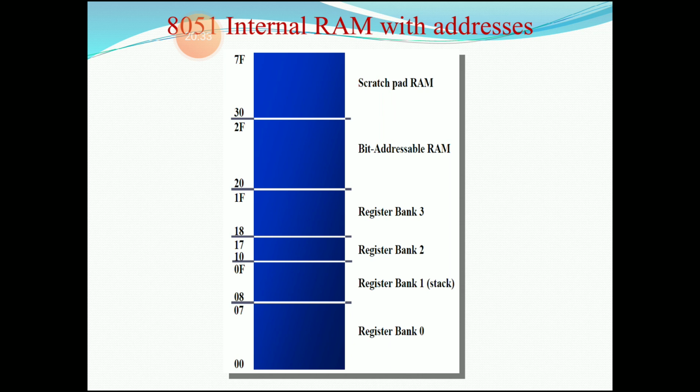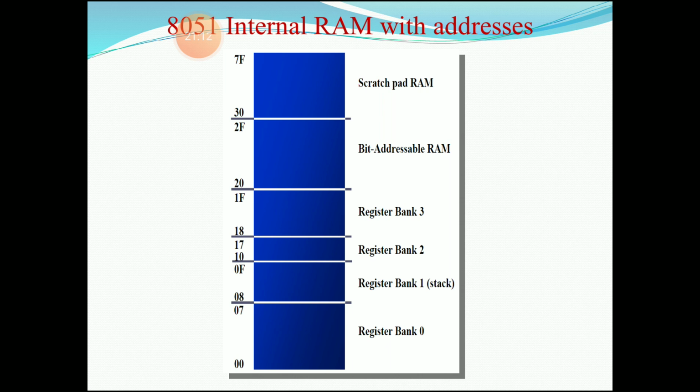Next, the 16 bytes of memory from 20H to 2FH are called bit addressable memory. The controller can access either bitwise or byte data from these 16 address locations. In the case of bitwise access, the processor accesses the data bit by bit. The total locations are 128 bit addressable locations, from 00 to 7FH. Each location can store only 1 bit of data. Or if you want to perform byte operations, the address locations are 20H to 2FH.